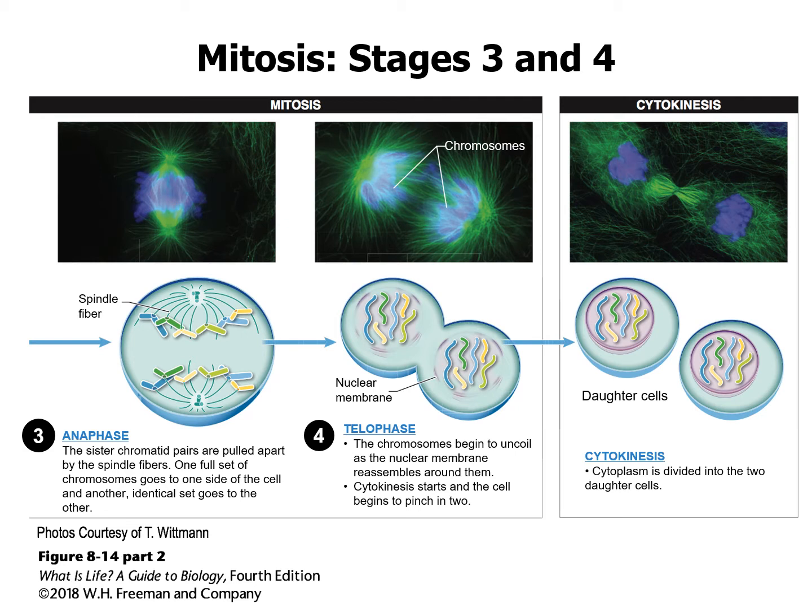So we have two daughter cells. Make a little note. These daughter cells are completely identical to the parent cell. The parent cell has not disappeared. It is now just in the presence of two cells. It is now formed into two cells. So from one cell we have two, and that is mitosis.